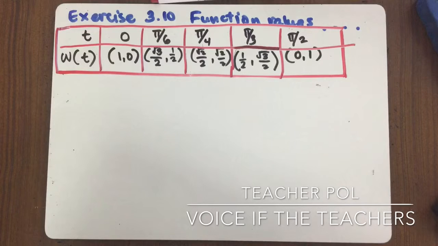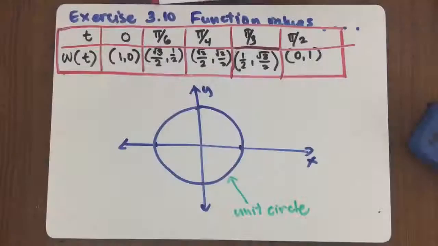So sa table na to, meron tayong dalawang rows. Nasa first row, naroon yung ating mga special angles. Actually, kulang yan eh. Hindi ko na ilagay yung pi and 3 pi over 2. Nasa second row naman, yung result ng ating wrapping function. The elements that we see in the second row, these are the coordinates of points. Yun yung point of intersection between the terminal side of an angle in standard position at yung ating unit circle